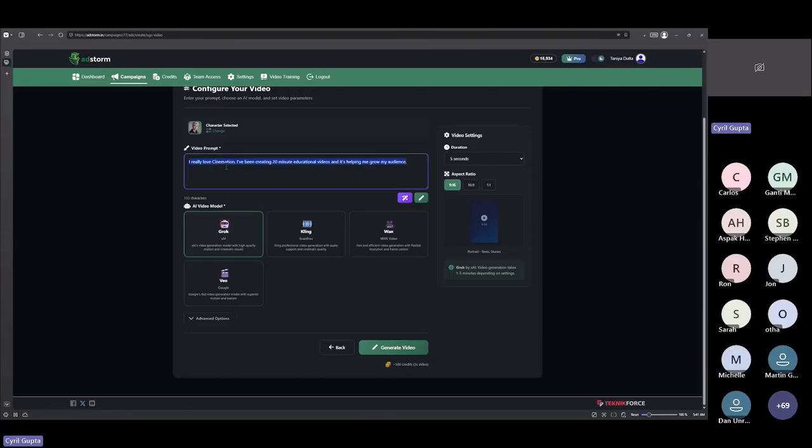So I just put in a small UGC text out there, and you got different options to use for the AI, like Grok, Kling, Van, and VO. So I'm going to go for Grok, and you can choose the duration based on the AI. The duration will be available to you. Like Kling will give you up to 15 seconds. Grok will give you up to 10. To save time and cost, I will use the 5-second option.